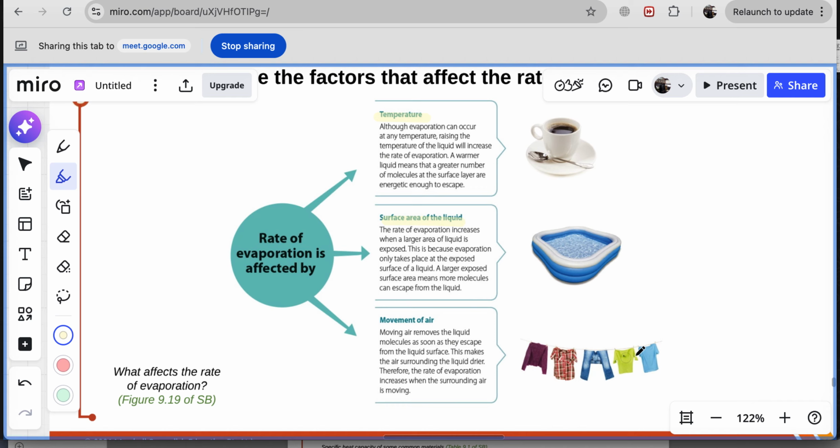So you should know the difference between boiling and evaporation. You should know the three factors that affect the rate of evaporation. So with this, we come to the end of today's class. Here are questions